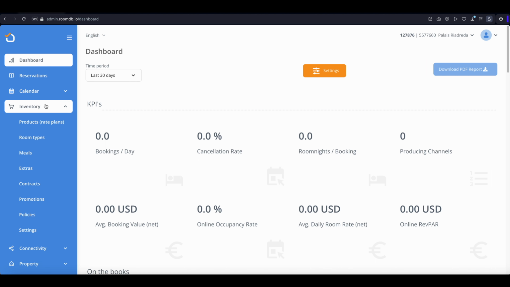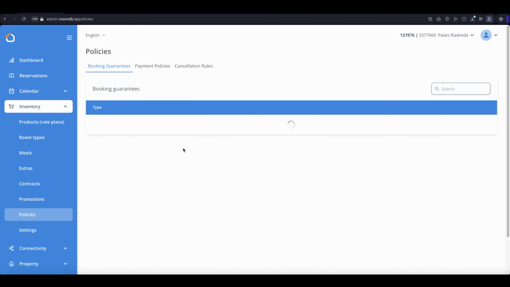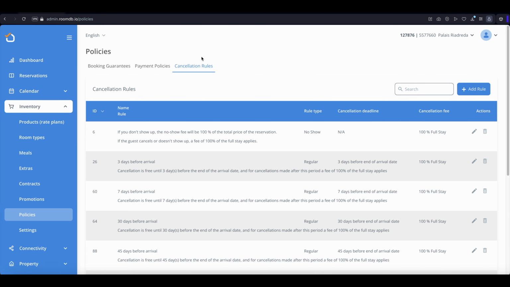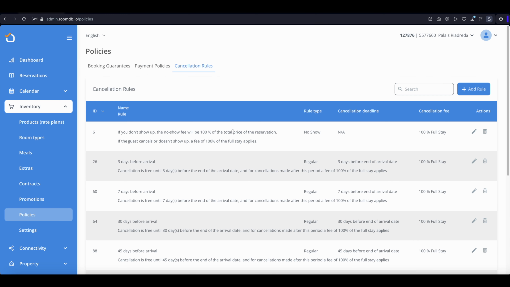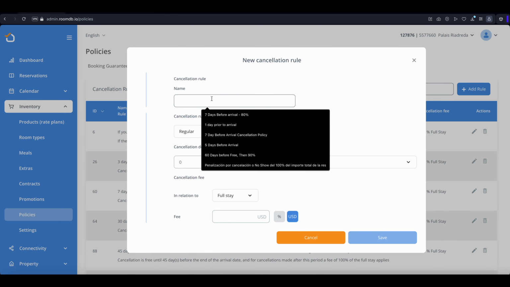In this video you will learn how to create policies. You go to inventory and policies. We talk about payment policy and cancellation. Especially we talk about cancellation policies. You have a set of predetermined cancellation policies already in the system, and now what we want to do is to go to add rule, and then you say